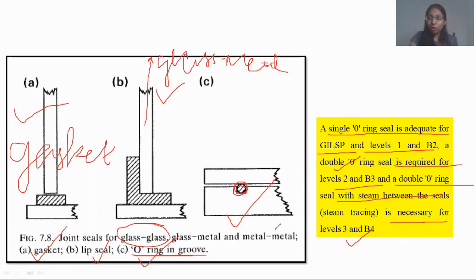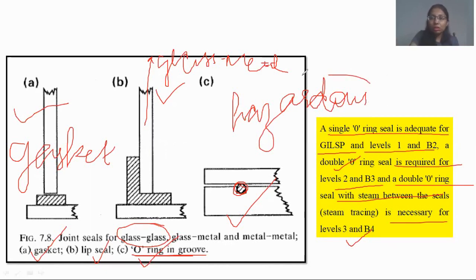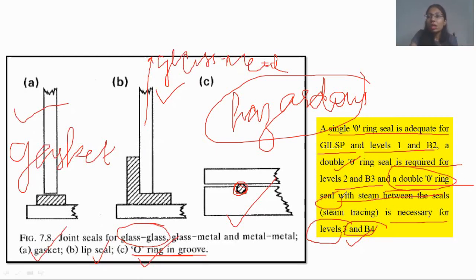Now, don't get confused what is this level A3, level B4, level 3 and all. These are all the hazardous levels. Okay, we have discussed it in the containment video. So the more the level, the more hazardous it is. So the seal should be stronger. For example, here they have said that in the level 3 and in the level B4, they are more hazardous as compared to the lower levels. So double O-ring seal is used. Double rings will give more protection to it. More aseptic condition, more containment is provided to it. That's why it is written over there.